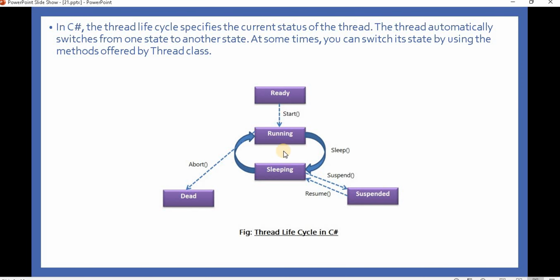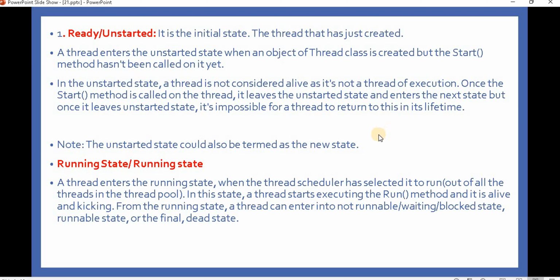And even after the sleep, we can make it go into the running state also. So as per our requirement, we can play around with the state of the thread with the given methods of the Thread class. Now let's understand the thread states one by one.